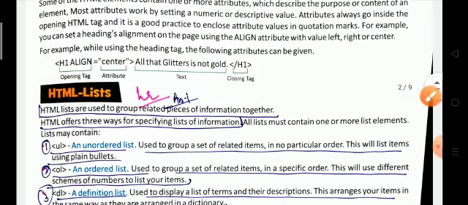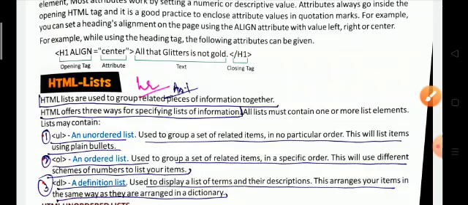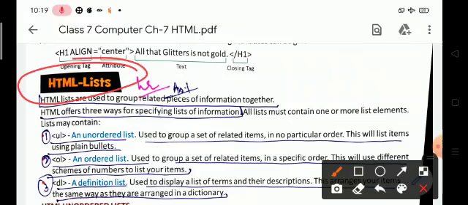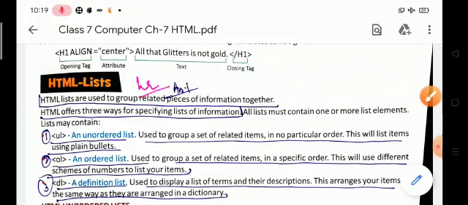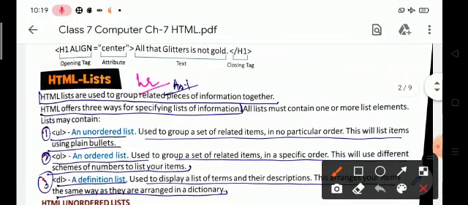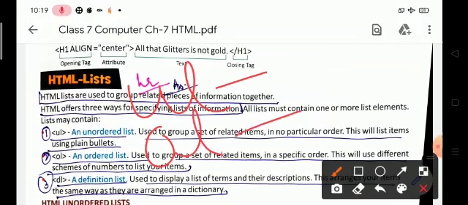Now the next topic is HTML lists. HTML provides different types of lists to group related pieces of information together. The first one is UL list. UL means unordered list, OL stands for ordered list, and DL stands for definition list.